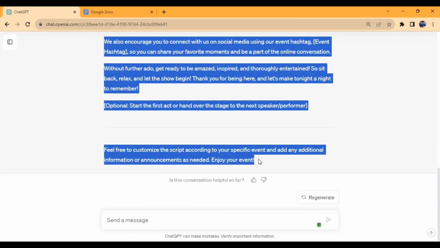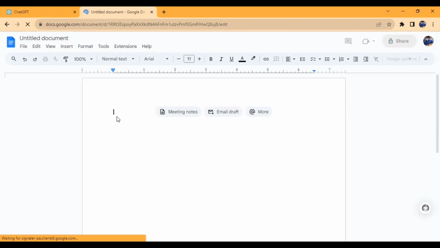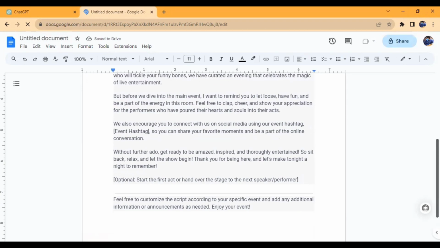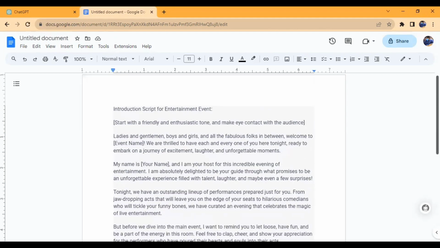So Control C for me to copy this, and then let me paste it on Google Docs. So let me paste it. As you can see, when you paste the copied text from ChatGPT, there is a shade at the back. So how are we going to